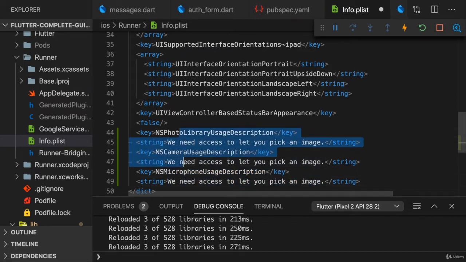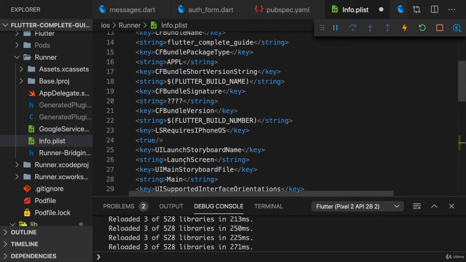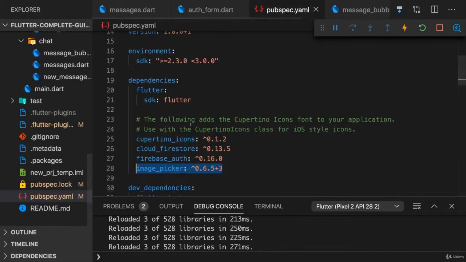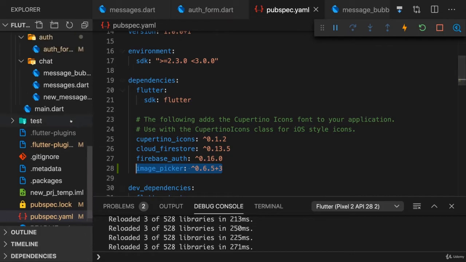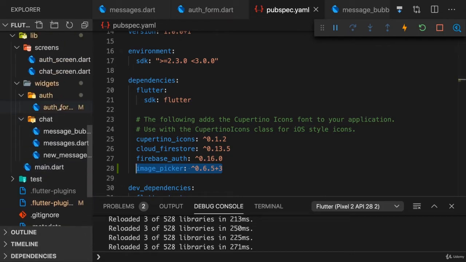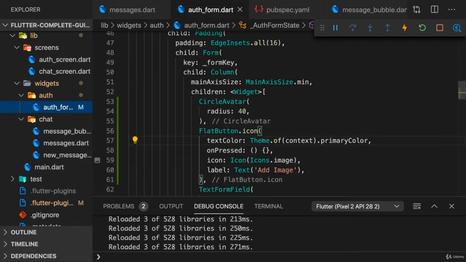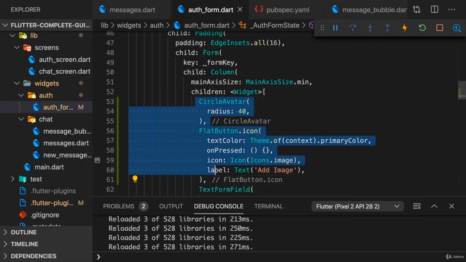So now with these keys added here, we should now be fine, and we should now have all the setup we need to use the image picker. So we can then go back to the auth form and make sure that we do pick an image if this button is pressed. Now to keep this auth form lean, I will actually grab this circle avatar and the